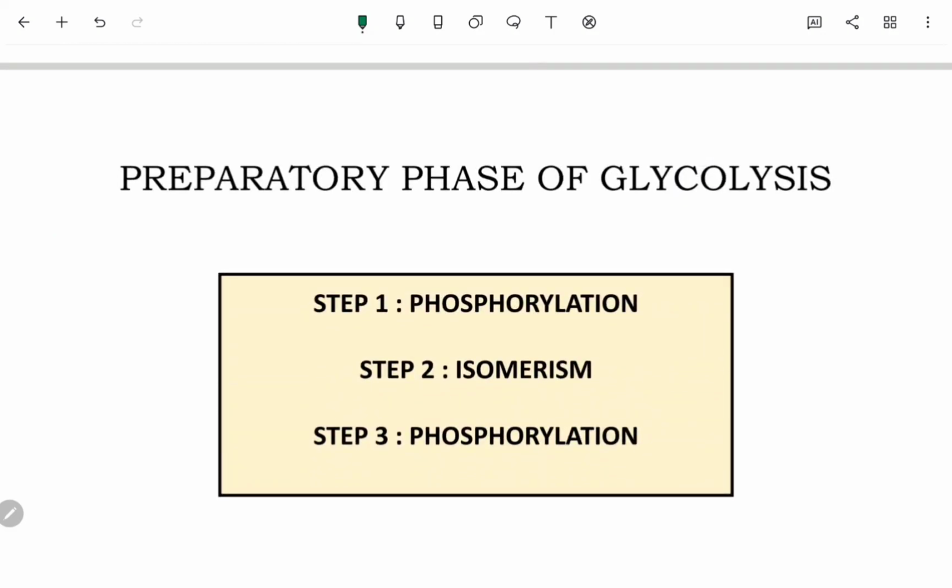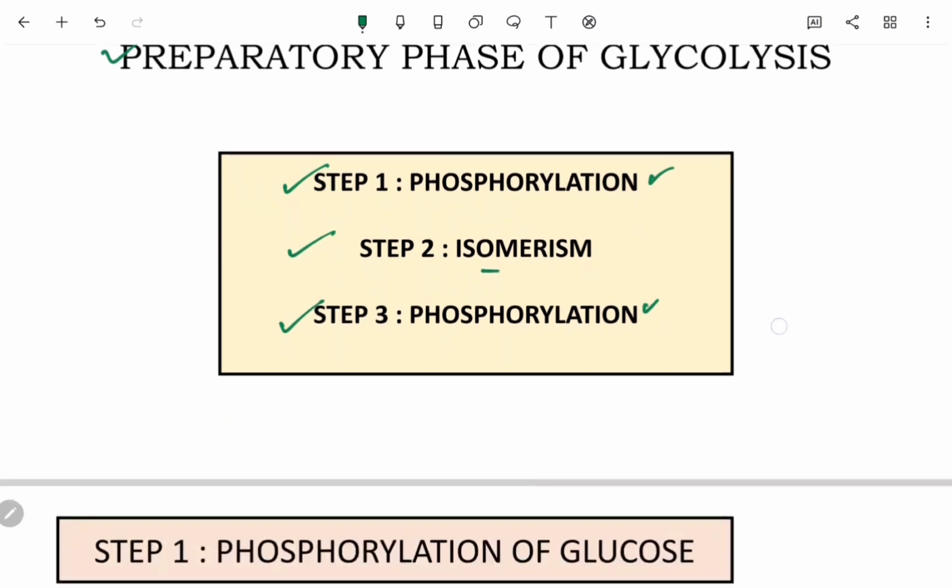So we have two phases in glycolysis. The first one is the preparatory phase. The second one is the splitting phase. Now we are moving on to discuss the preparatory phase of glycolysis, which has three steps, step 1, 2 and 3. Steps 1 and 3 are phosphorylation and step 2 is isomerism. So let's see the first step,